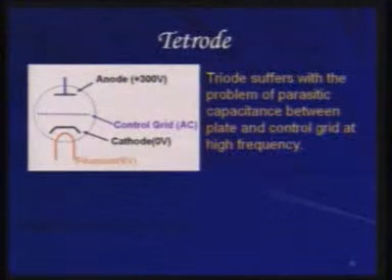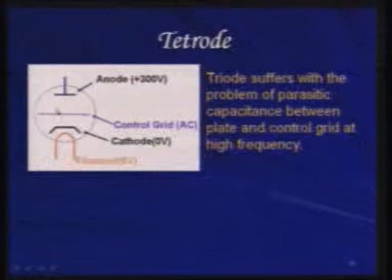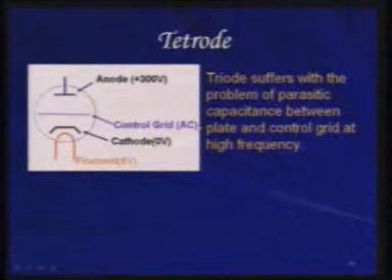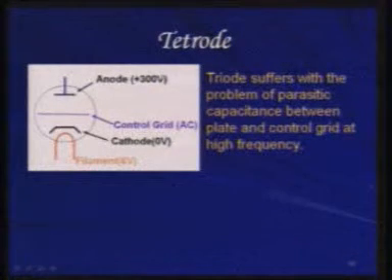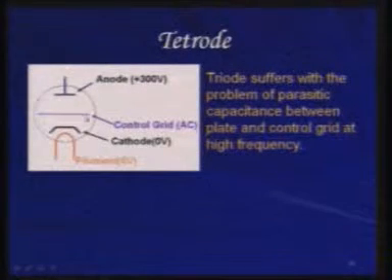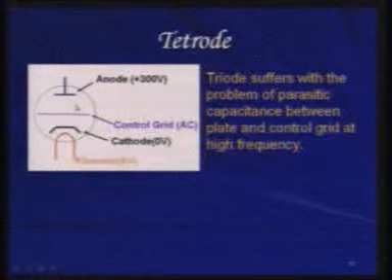But when we see the diode voltages, if you remember that this control grid we had kept at small negative voltage, and then we are applying AC voltage to it, that is a signal. Then cathode is at 0 volt and anode is almost at 300 volt or more. So now if you see, since this is almost in the negative region and this is positive and this is a vacuum in between here, this looks something like a capacitor.